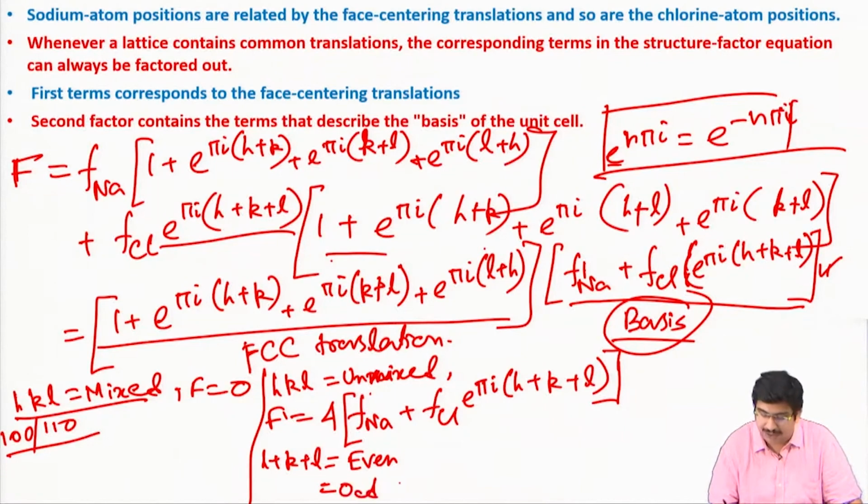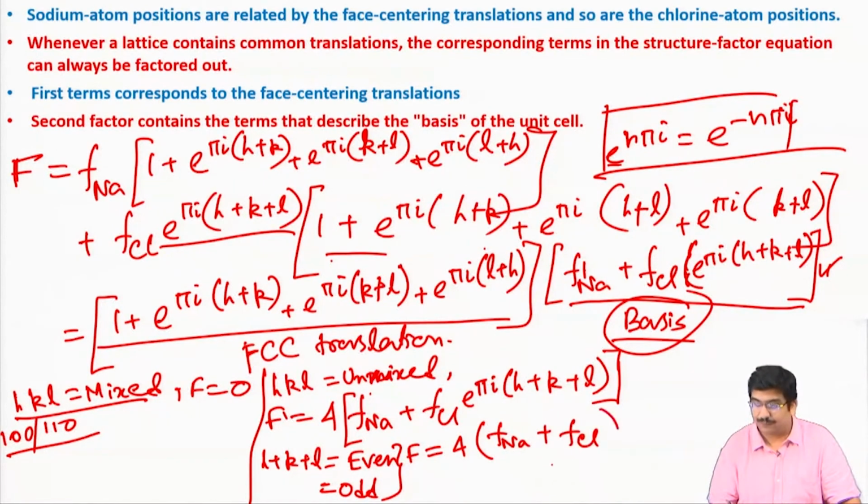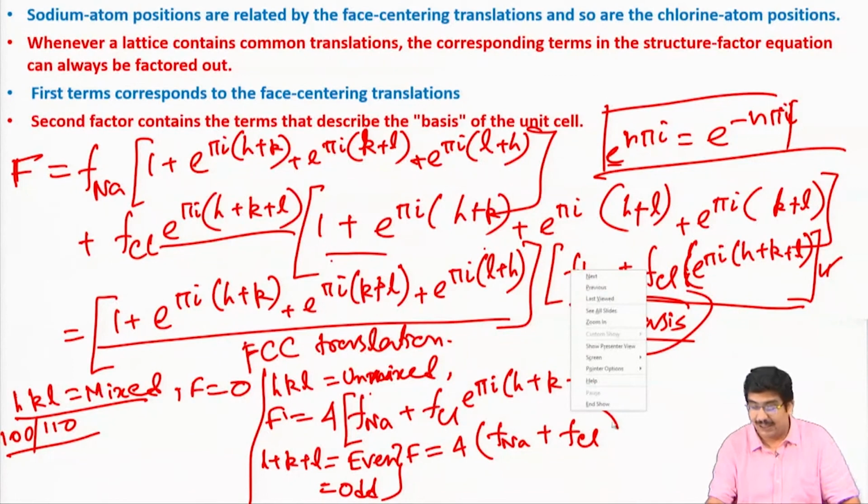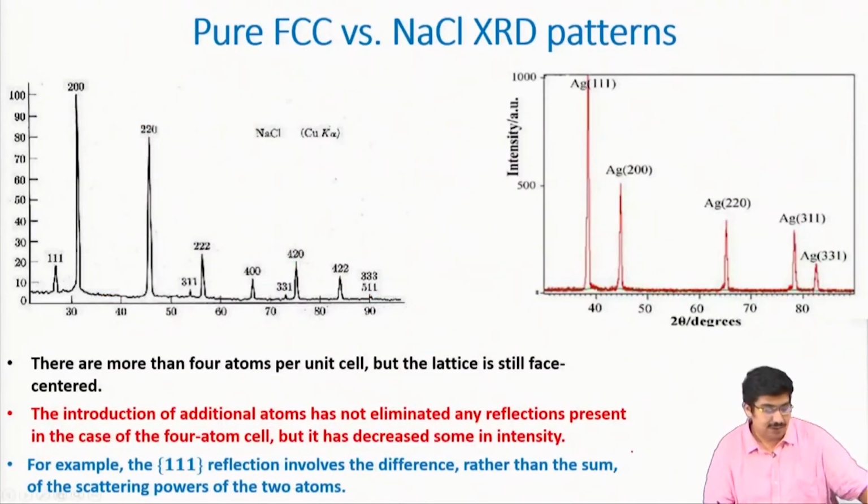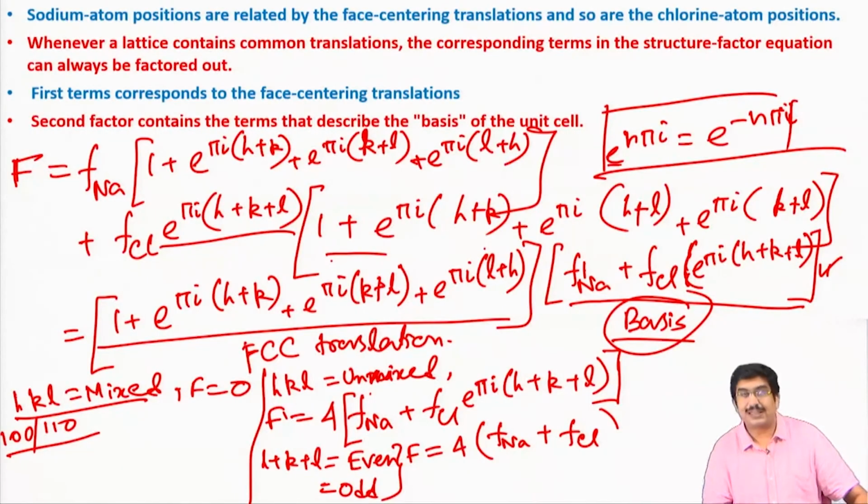I am now considering two conditions, one is even, one is odd. If H plus K plus L is even, then the structure factor F will have 4 times (f_Na plus f_Cl), right. This is what we have seen in the case of BCC, that when H plus K plus L is even, this entire thing will come out to be plus 1. So, this ultimately will be f_Na plus f_Cl, whereas if it is odd, then this will be 4 times f_Na